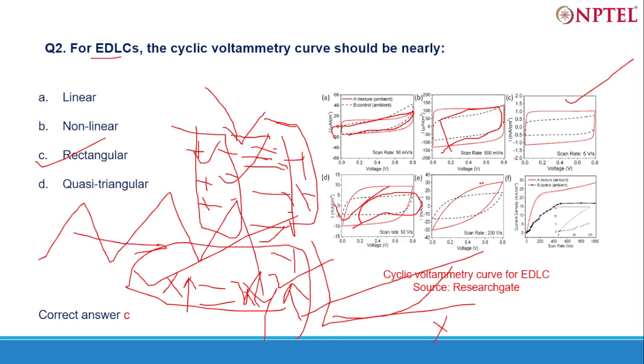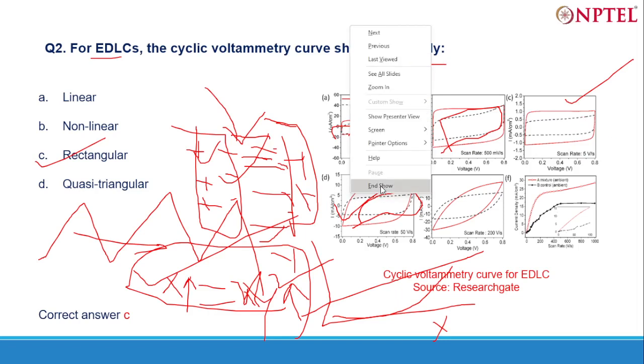So here what we observe is a rectangular cyclic voltammetric curve. That is the concept we need to keep in mind. If in exams, or in the NPTEL final exam, there is a question for EDLC, the voltammetric curve should be nearly like, they have written the word nearly. Nearly is approximately: it looks like a rectangle, but it is not actually a rectangle. So the correct answer is,